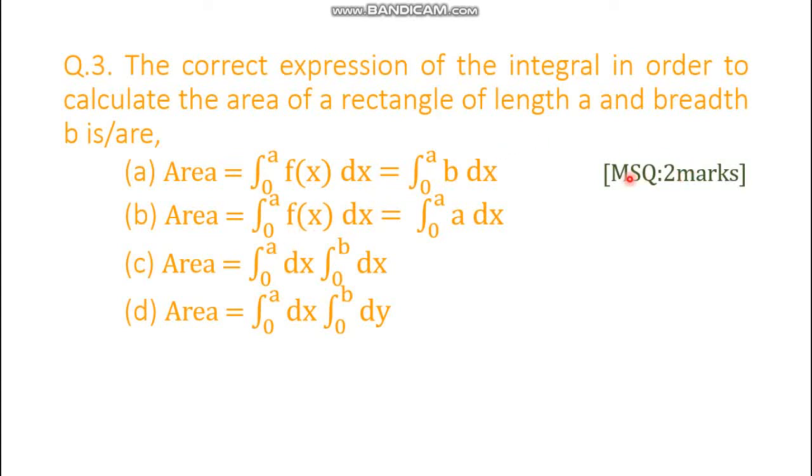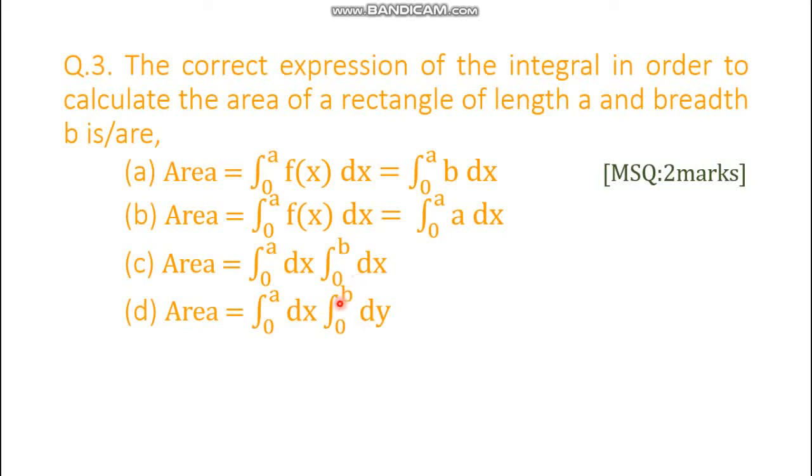And see, this is a multiple select question of 2 marks, so you may have more than one correct options. So this is a wrong expression, but here look, dx, and here dx dy. Okay, so multiplication of 2dx or multiplication of dx and dy, which one is correct? Actually this one would be correct, because you are integrating dx from 0 to a and you are integrating dy